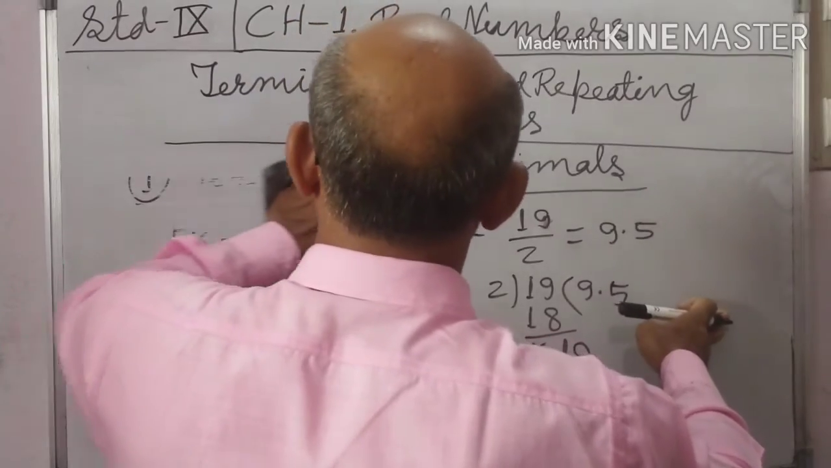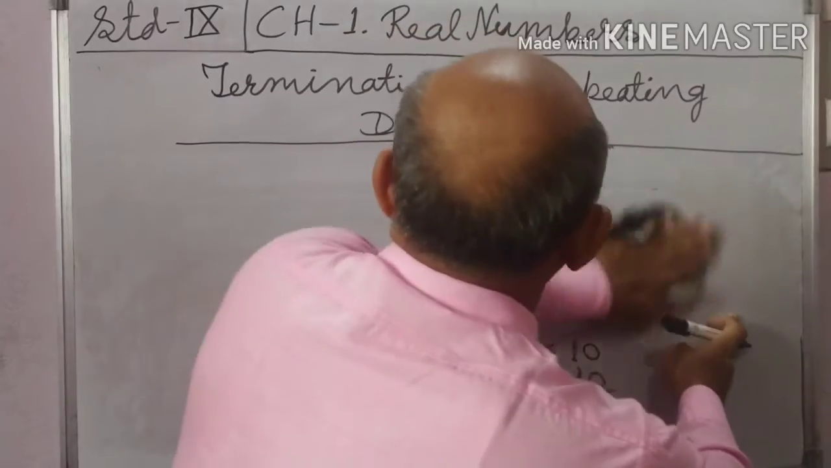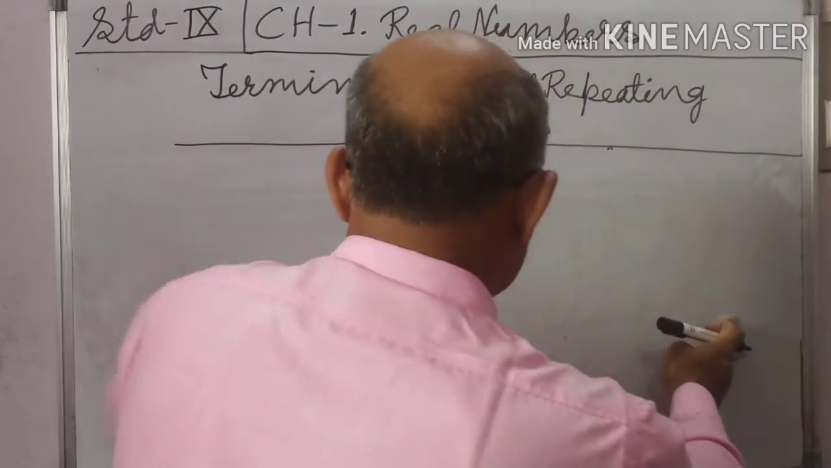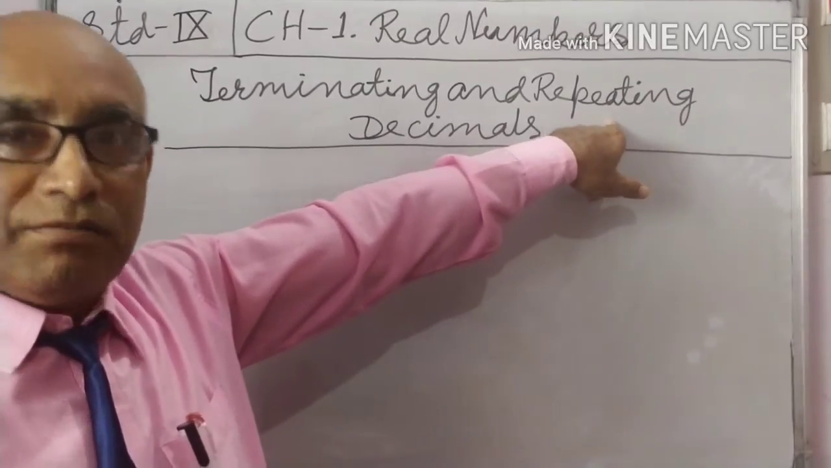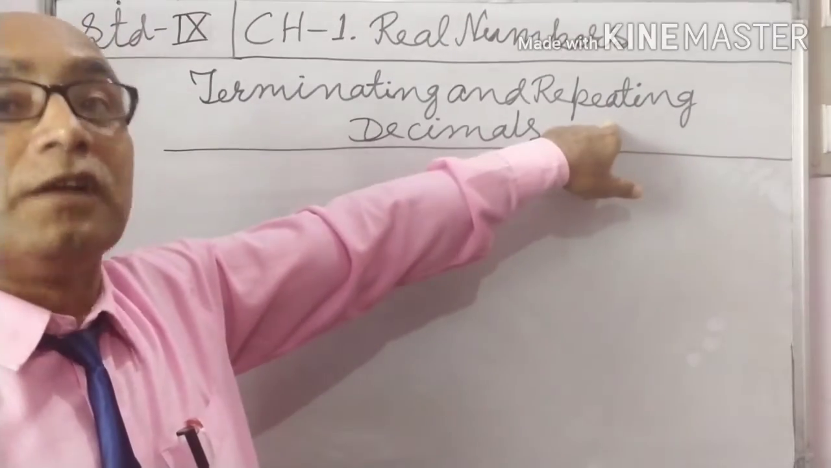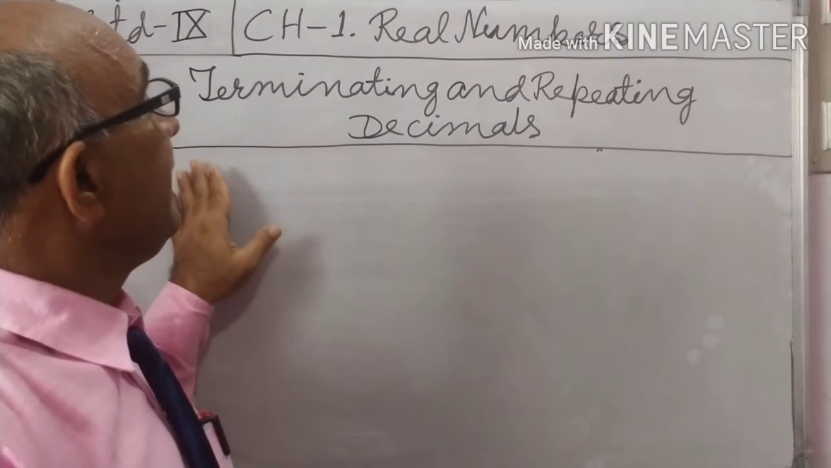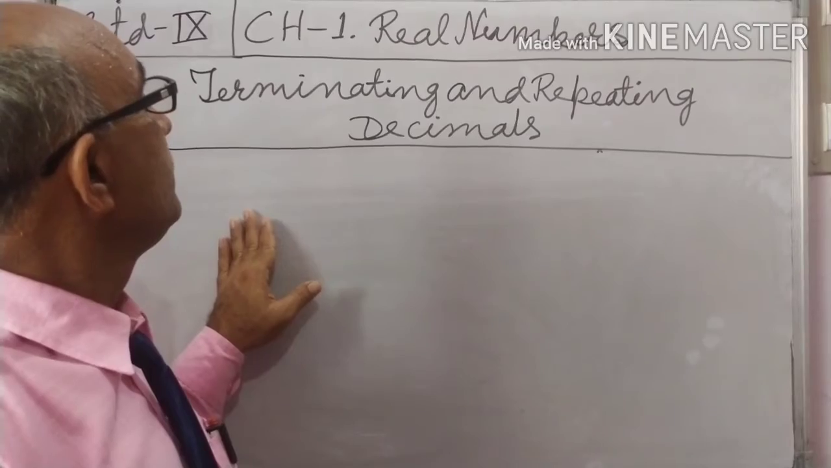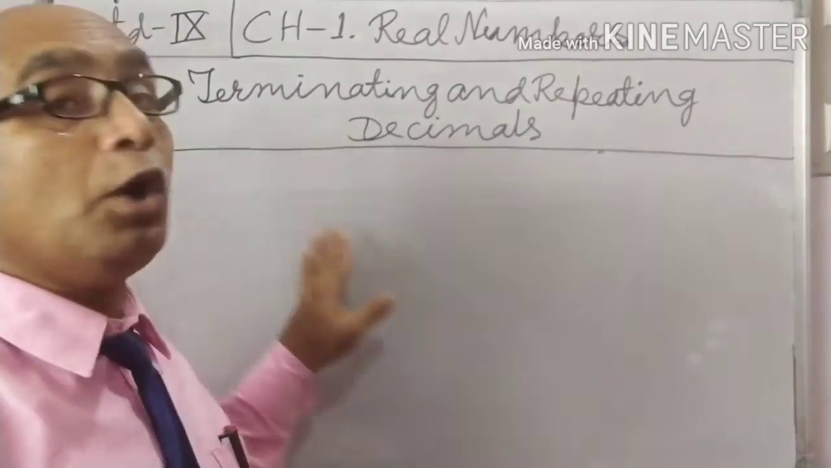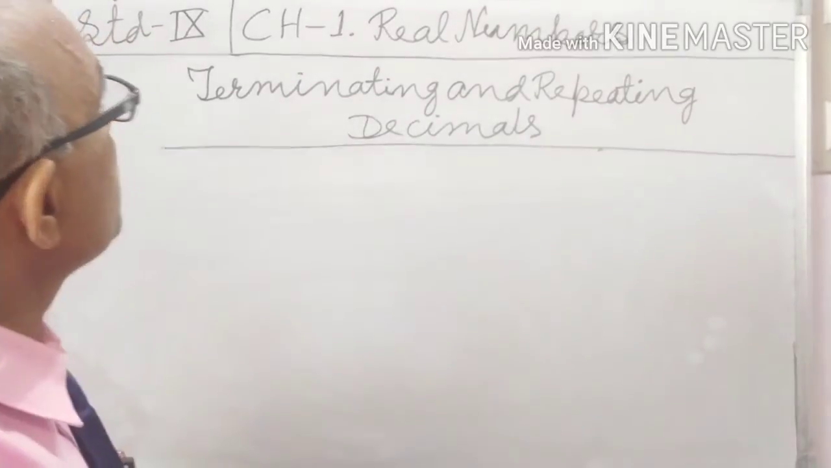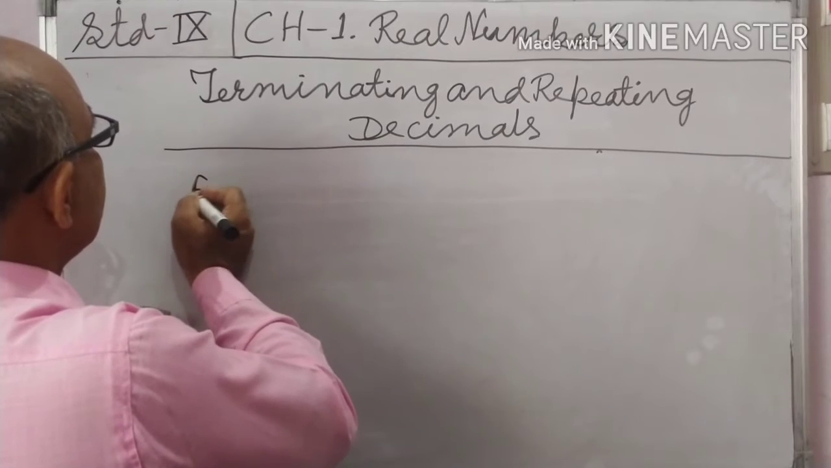Next is repeating decimal. Second is repeating decimal, also called recurring decimal or non-terminating decimal. A rational number whose decimal expression does not terminate is called a repeating decimal. Examples: